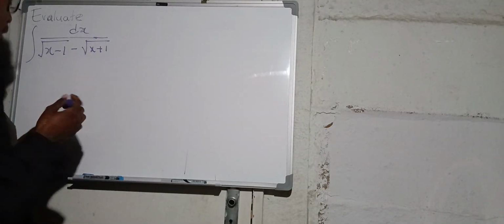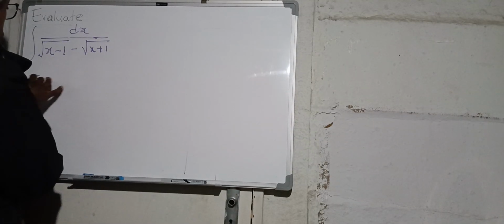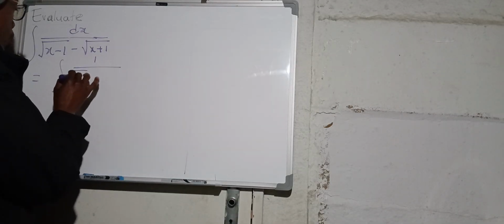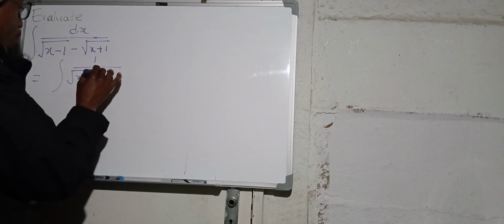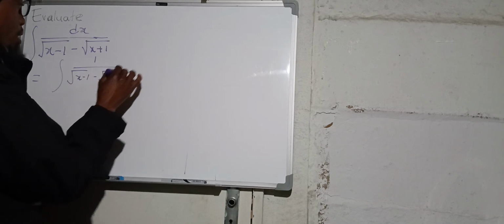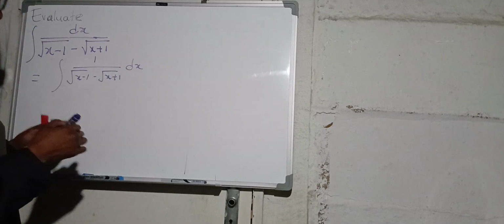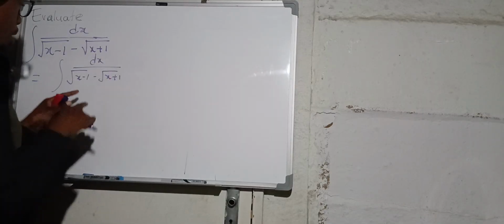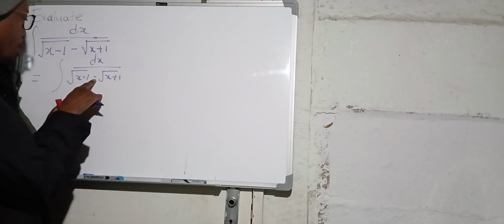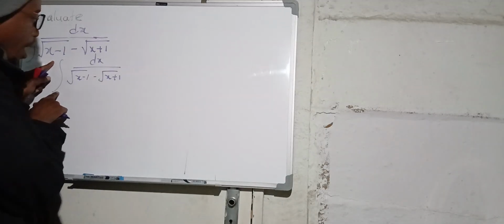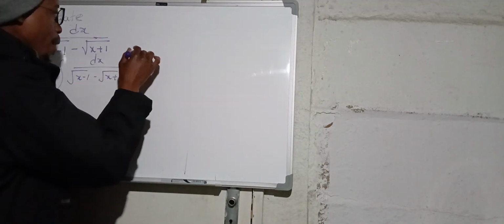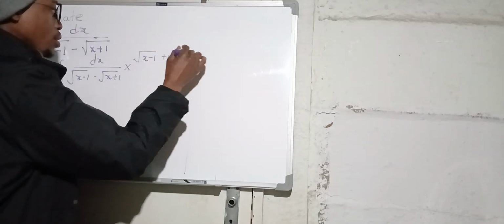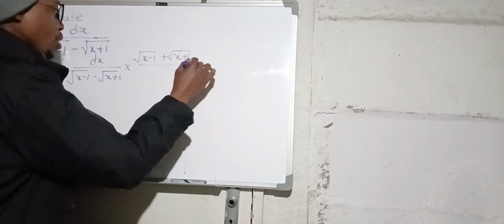So let's check what can we do here. Let me rewrite this question and say 1 all over root of x minus 1 minus root of x plus 1, and then write my dx here. Or even if I don't write it there, just to get straight to the point, you see the sign here. We will continue writing our integral sign. I'm going to multiply by root of x minus 1 plus root of x plus 1 all over